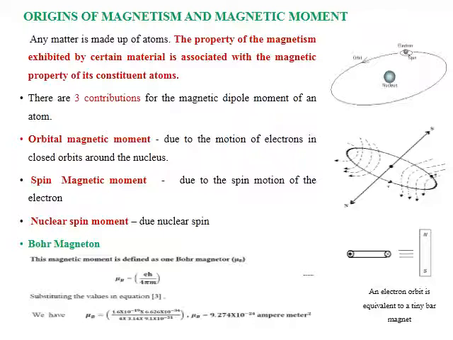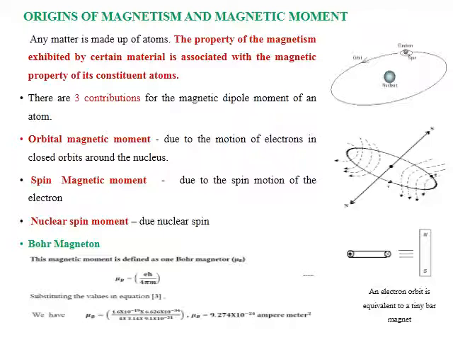Let us consider the orbital motion of the electron. We all know that the atom is made up of a nucleus and electrons. The nucleus is at the center and the electron makes a circular or orbital motion around the nucleus. The movement of an electron is generally called current. So when we consider the movement of an electron in an orbit, it can be imagined as a loop of current flowing through a closed loop.